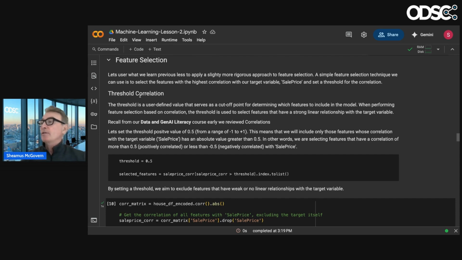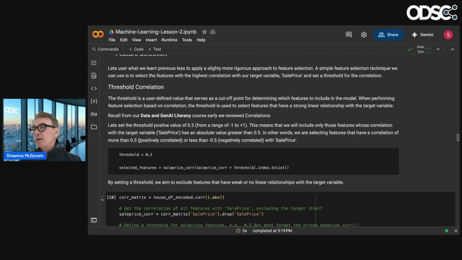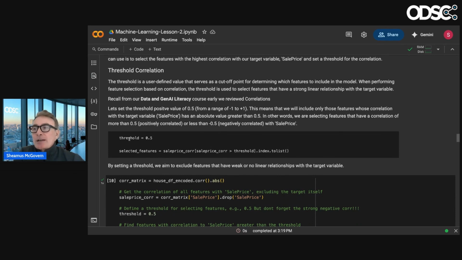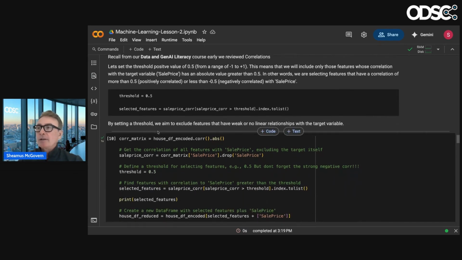Because we're looking for positive correlations for the most part, and maybe some negative ones as well, depending on what they are, we're going to do a threshold between 0.5 and minus 0.5. Should it be 0.6, 0.7? I don't know. When you do cross validation, you can tune this as a hyperparameter, and there are functions that will go through that range of values for you and run them in the background. It might take 10 minutes, depending on your machine. It might take half an hour, but it'll figure out for you what's the optimal threshold, right? So right now, I'm just picking one. It's not very scientific.